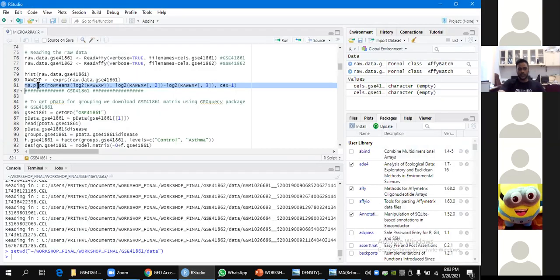You can run this command. First, you need to extract the raw data using the command exprs. It will fetch the expression data from the raw file, because this variable is right now an FE object due to the read.FE command. We need to extract the expression object and give it an empty variable name, raw. And now I show you the MA plot. It's of the unnormalized data.